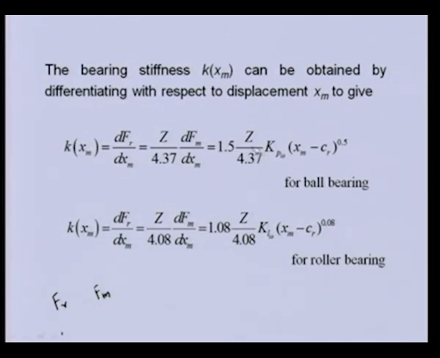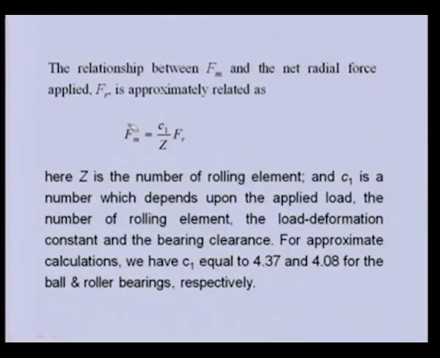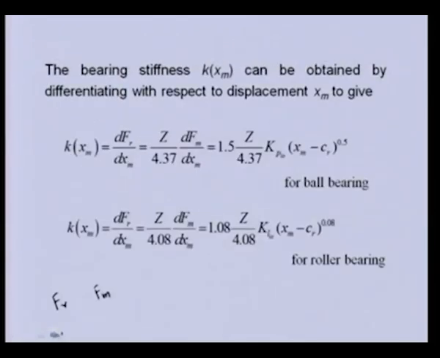Taking this particular factor defines that. So let us see that particular expression. This is the force on the particular ball which is just below the radial direction of the load. C1 is the constant, which is given as 4.37 for ball bearing and 4.08 for roller bearing. Z is the number of rollers. So this expression we have used in the calculation of the stiffness,